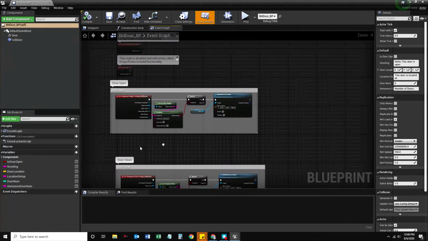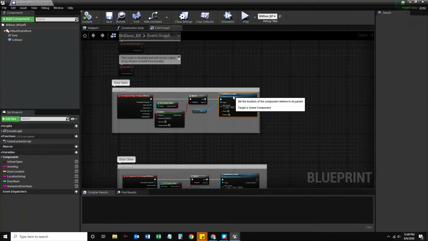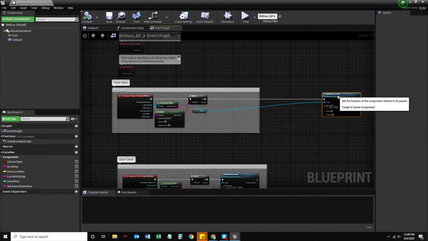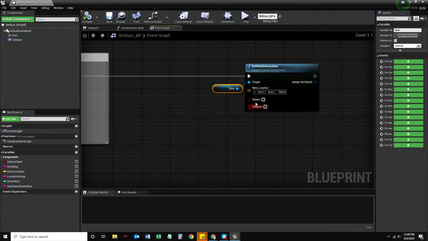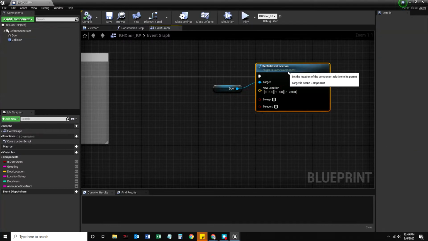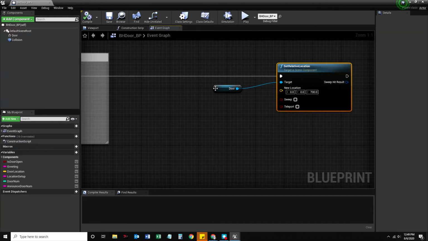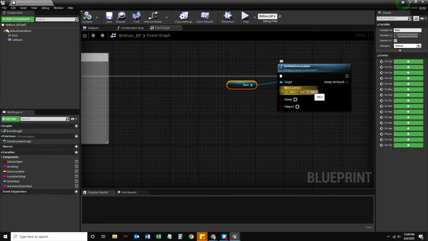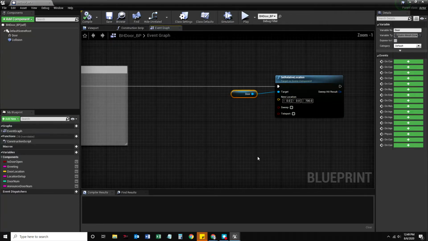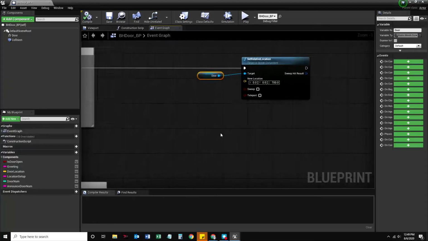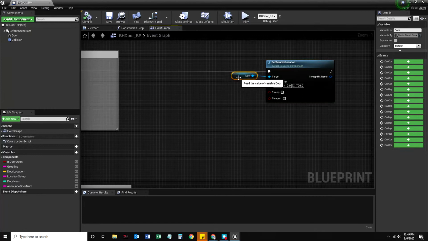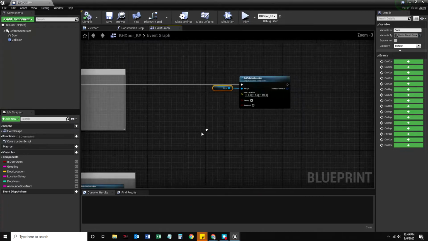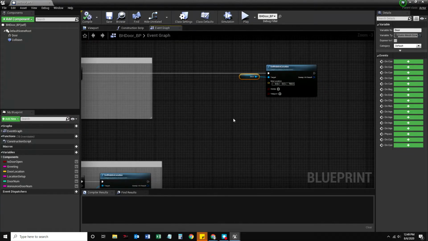Okay, so we're still going to set the relative location of this door, but we are not going to tell it what location to do. We actually are going to create, but we're not going to type it in here, right? We're going to have actually an animation that will go from one place to another place. Okay, so how do we do that? Let's go ahead and